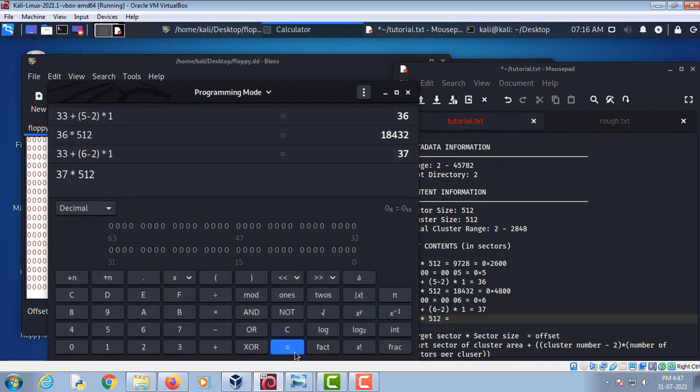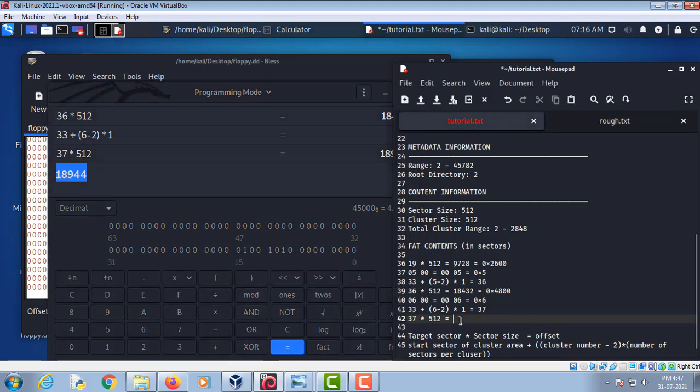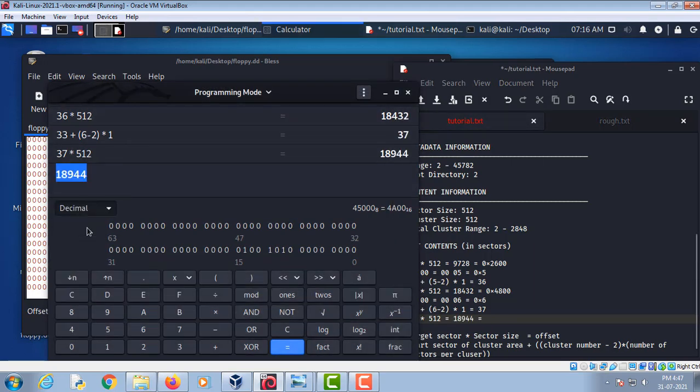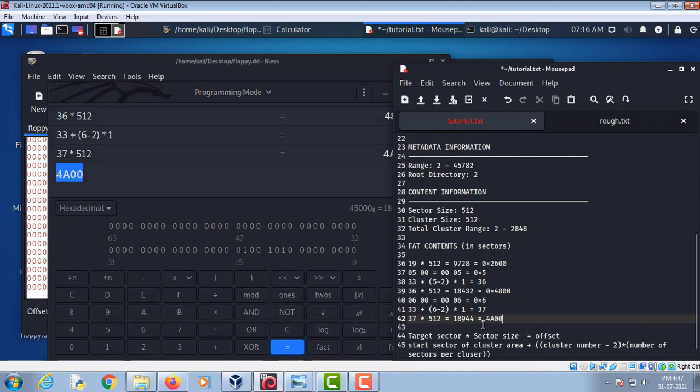Now let's convert this into hexadecimal. We got this value, and let's add 0x in front of it since it is a hexadecimal value. So this is the starting offset of file1.jpg, and now we have to calculate its size.